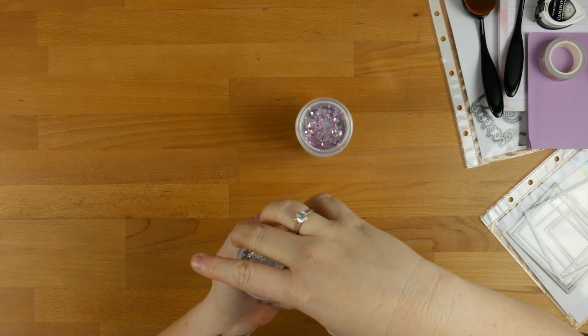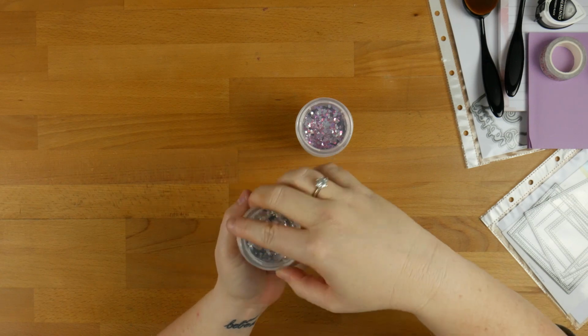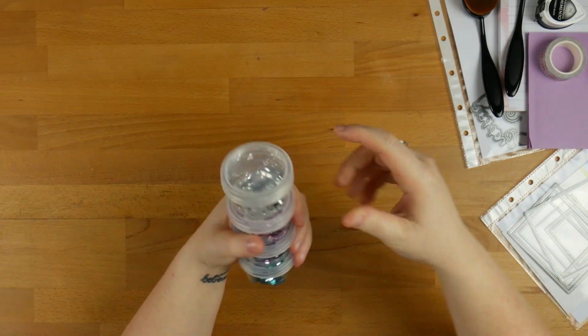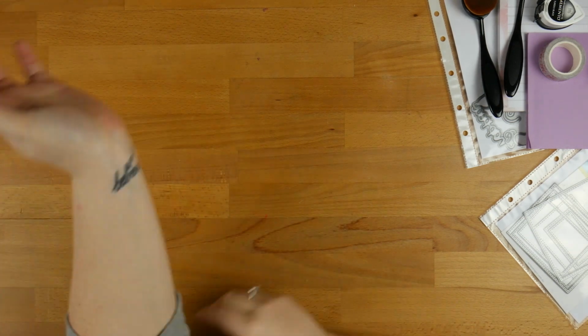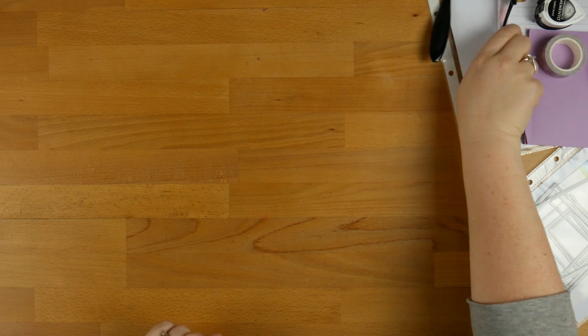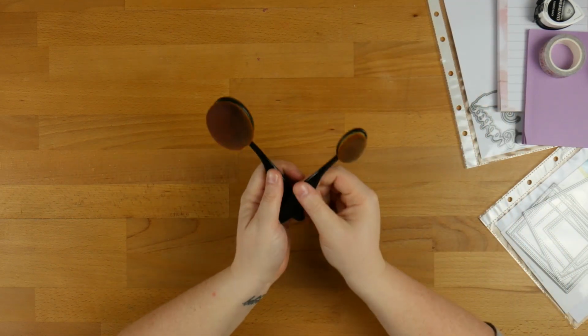But they're obviously a clear container. I can see what I've got in them, but they stack up on top of each other, which means they don't take up as much space. So loving those, especially at a good price point. Very, very happy. While we're talking about things with a good price point,